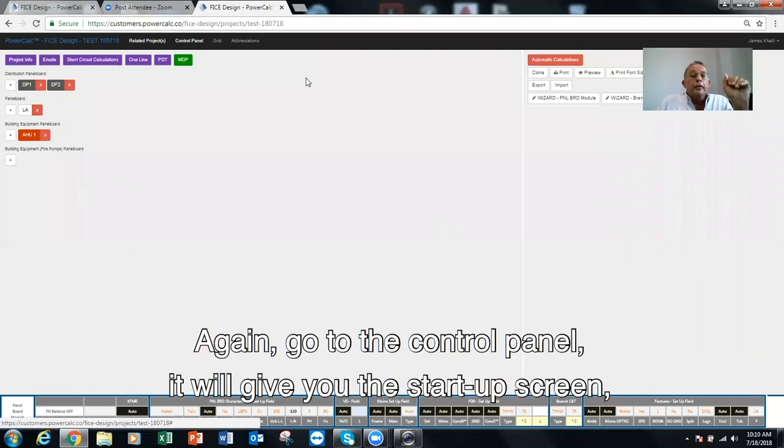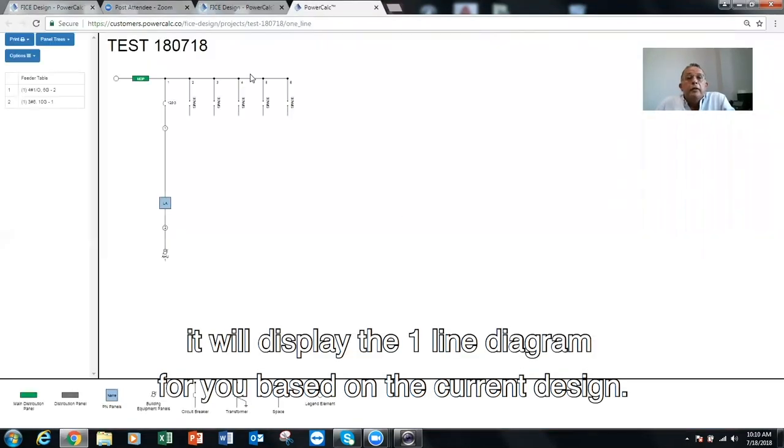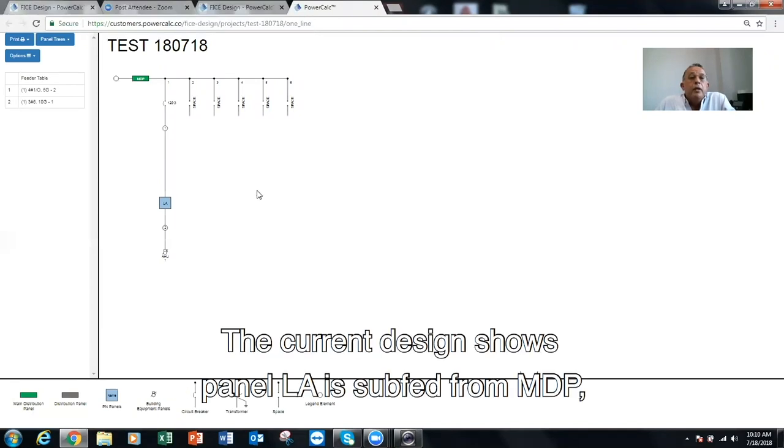Again, go to the control panel. It will give you the startup screen, and then click on the one line. It will display the one-line diagram for you based on the current design. The current design shows